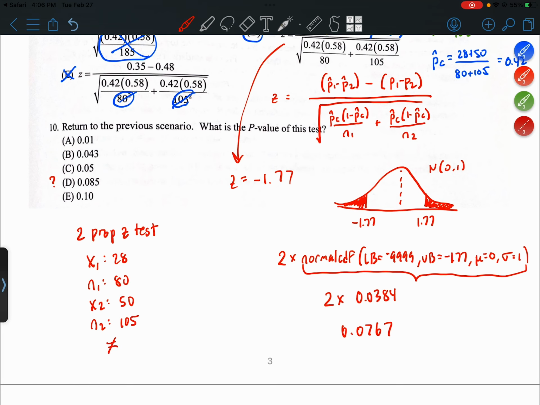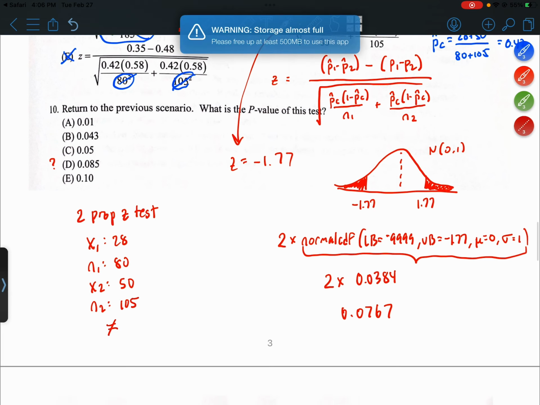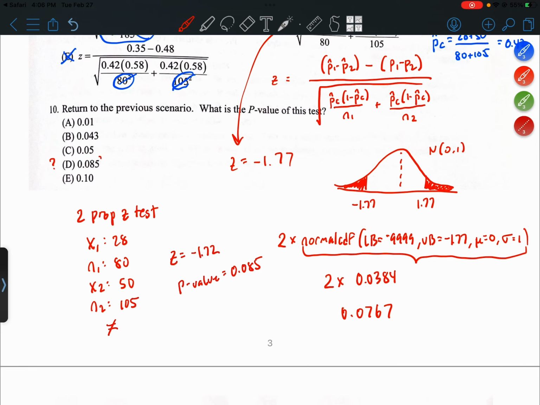So when we run this on the calculator, we get a z-score of negative 1.72 and a p-value of 0.085. So yes, the answer will be